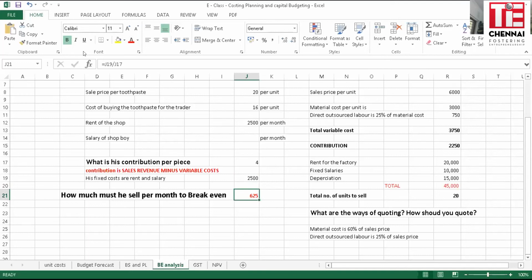Yes and no. In that, you had a boy who was standing at the counter, taking money, giving the change, taking the toothpaste, giving it, all that work he was doing. Now, you have to do it yourself. You think it's worth doing that? Maybe you have better things to do. Maybe in that one month, you're a software engineer, you'll be earning much more. This is a side business. If it's a side business, please pay that 6,000, try to sell 2,000 units, because you will make much more money by writing software. You might even get out of this later, but that's just an example.